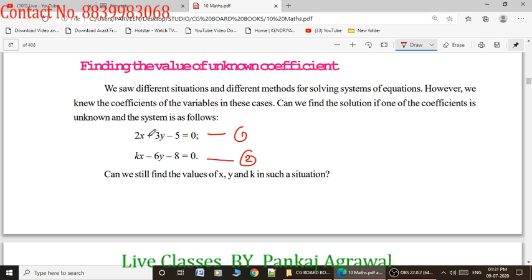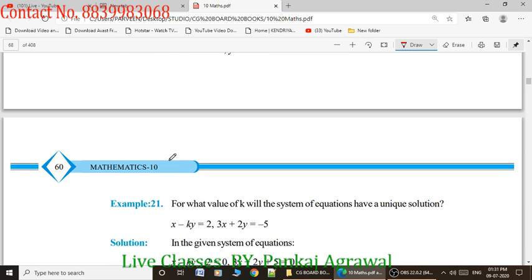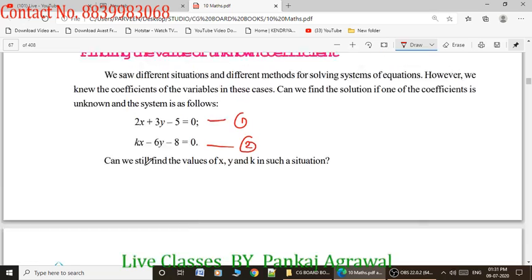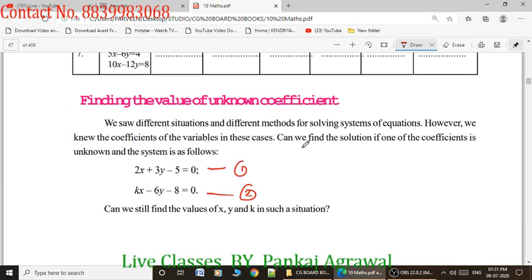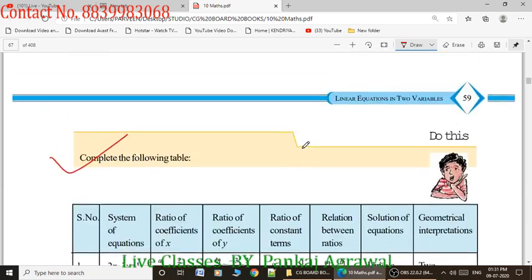Means in first equation coefficient of x and y are given, but in second equation you can see here coefficient of x is k. Means k is unknown value, then you have to find the value of k. So how to find? So first of all you have to find their ratio similarly by this method. You can see here